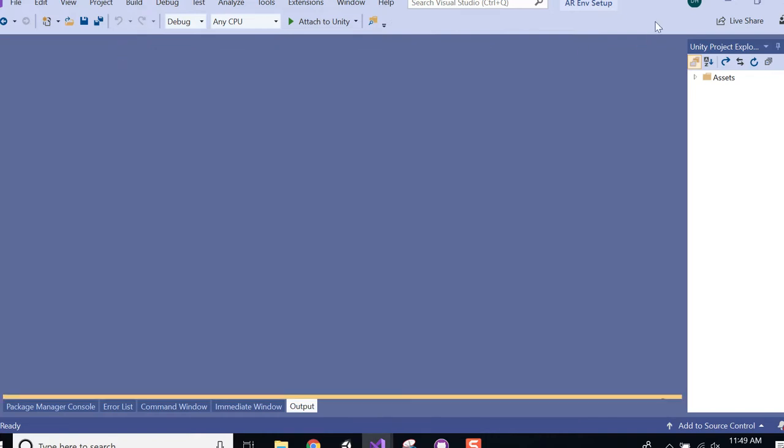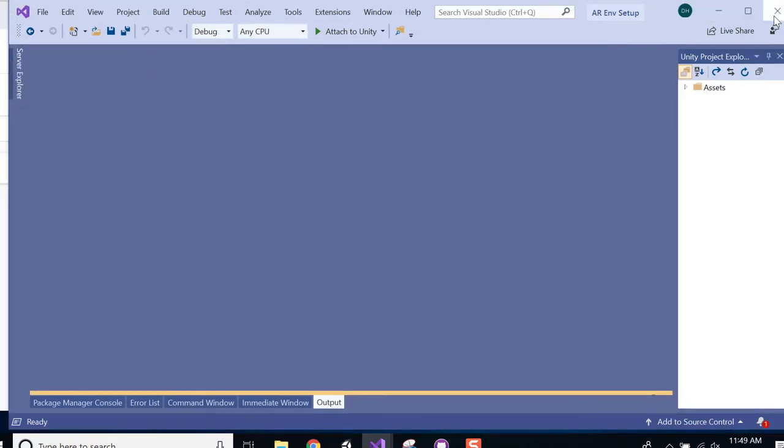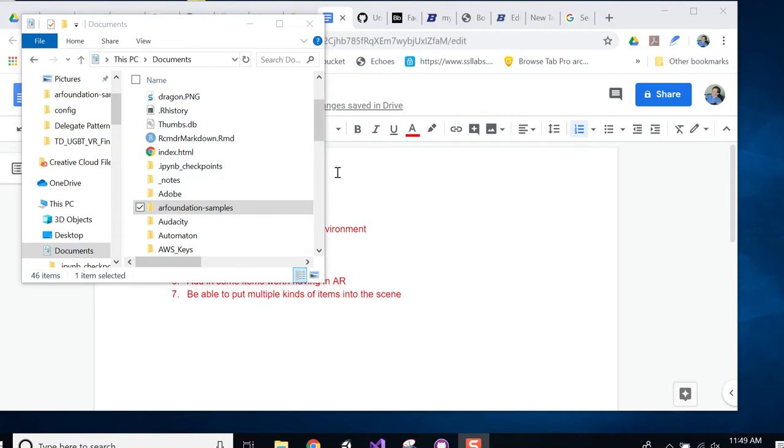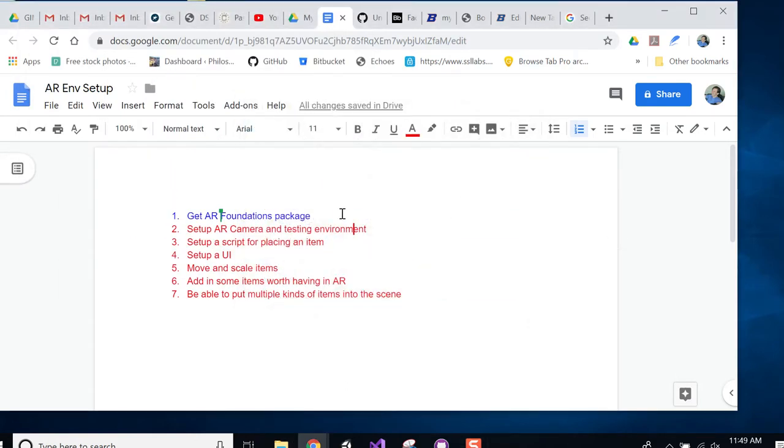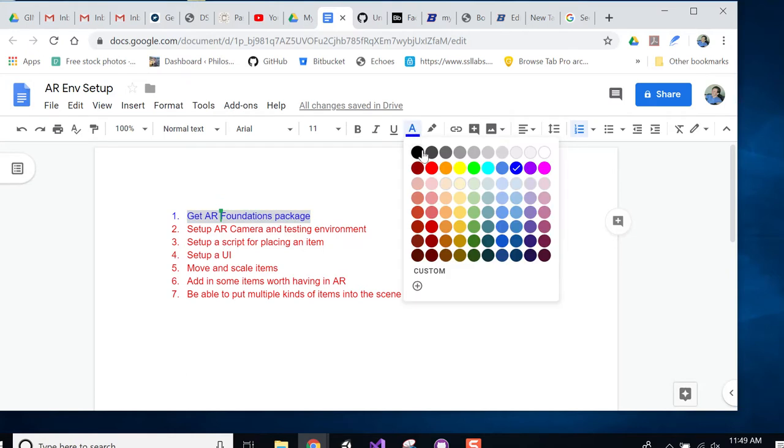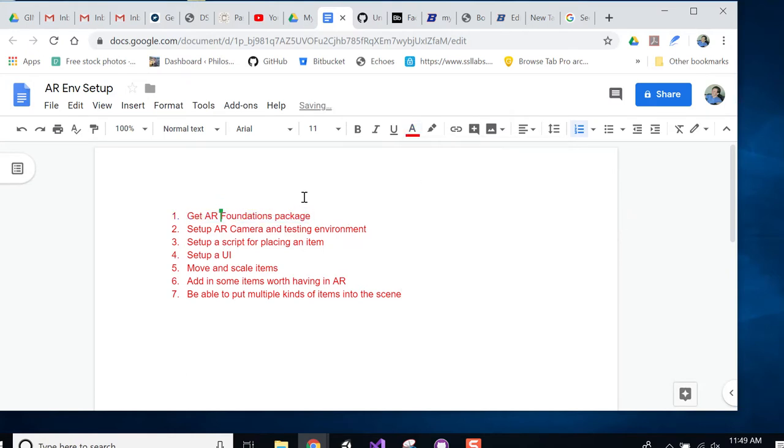Hey everyone, my name is Dr. Dan, and today we're going to be setting up an augmented reality environment. And so let me switch to this cam. So I'll be using a Samsung Galaxy S4,